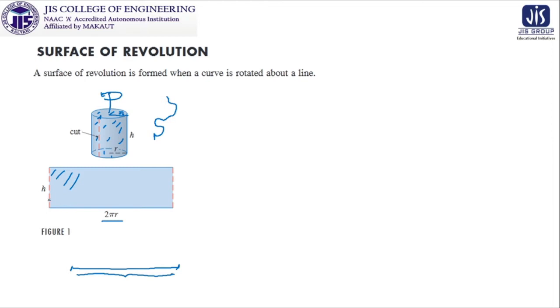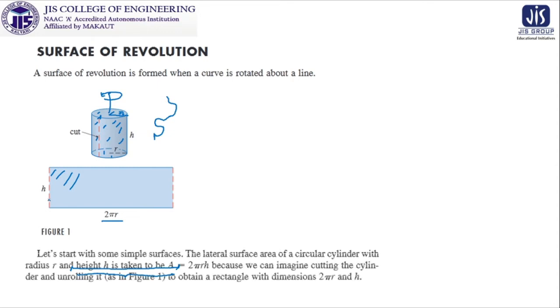But have we used any calculus over here? No. Have we used any integration or something like that? No. Because it is a very simple surface, and we can find the area of this surface by this technique. Now, if we have a little bit of complication, then what is the process? So we are checking the next step. What we are saying here is that we start with some simple surface, and what I have just discussed is written the same.